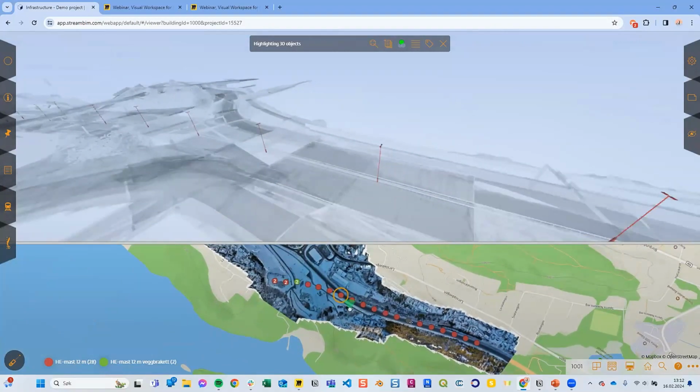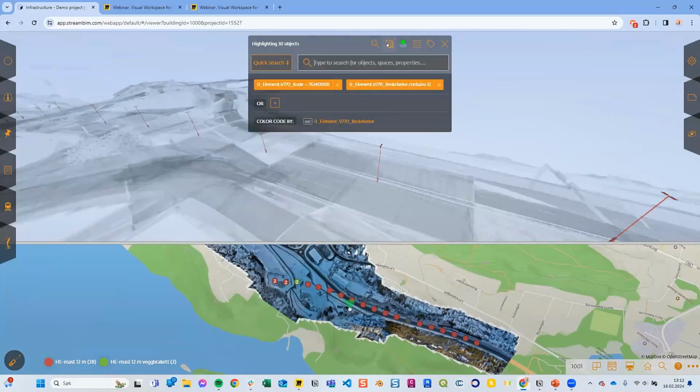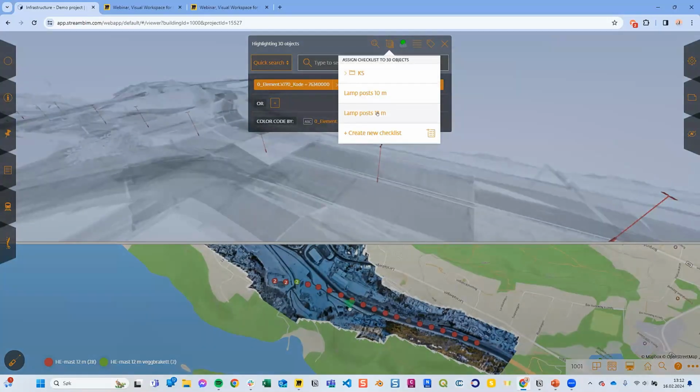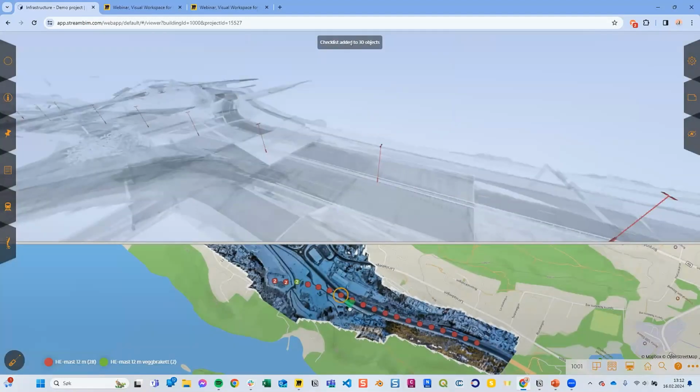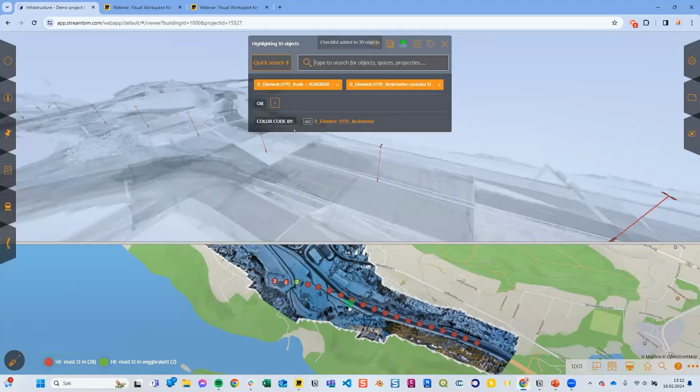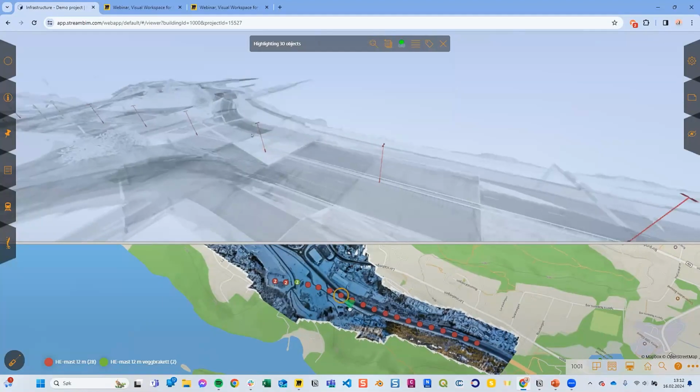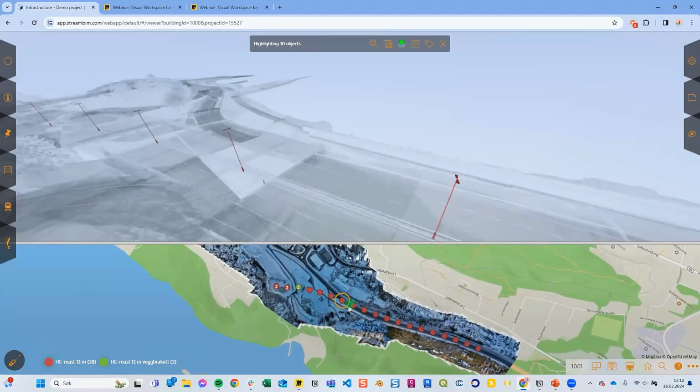There's 12-meter poles. So I will do the same here. Click on the checklist, lamppost 12 meters, and click added objects. So now all these lampposts have checklists on them.